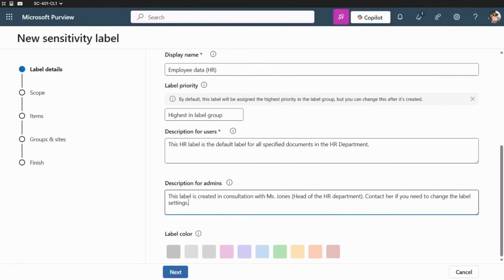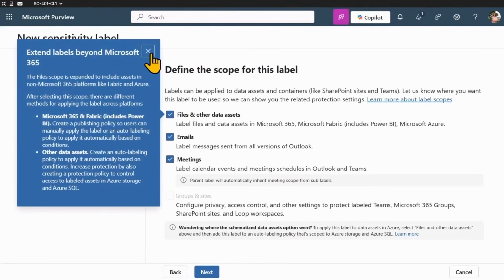This is an important piece of the puzzle where you are able to put in additional reference information that's only important to administrators. Next, we need to choose where this is going to apply. Now, out of the box,